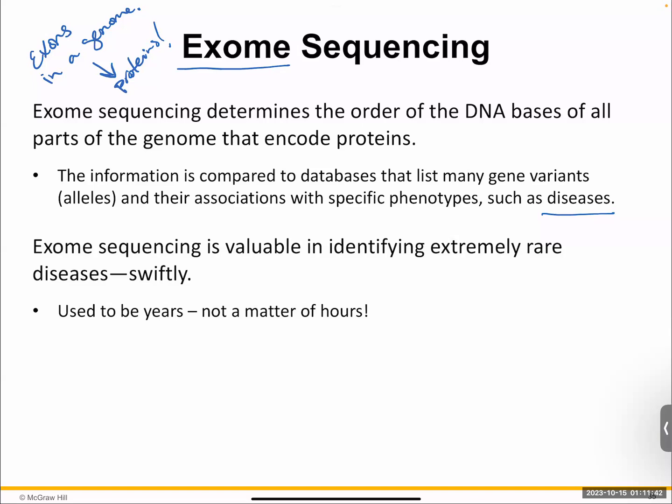It's also very, very important for us to use that exome genetic to identify very rare medical conditions in a very rapid process by just doing a sequencing. So is it important for us to do these processes? Yes. Because the technology is advancing so rapidly, processes that used to take years and years to complete now take a matter of days, or sometimes hours. Which is really, again, cool for us.